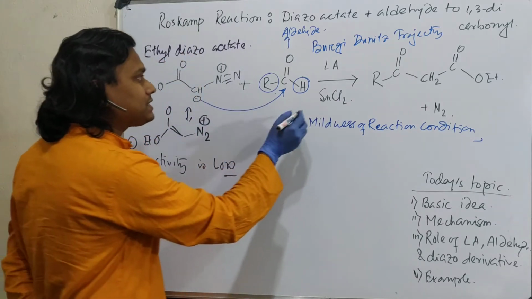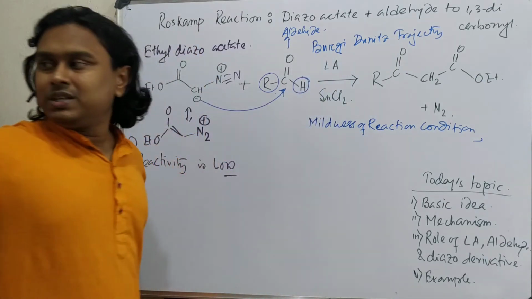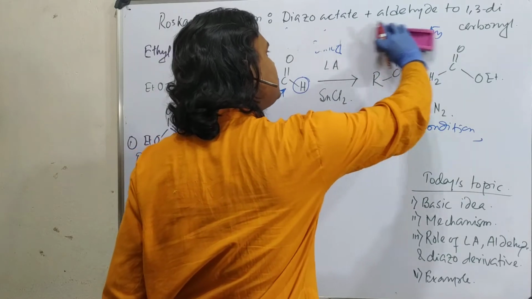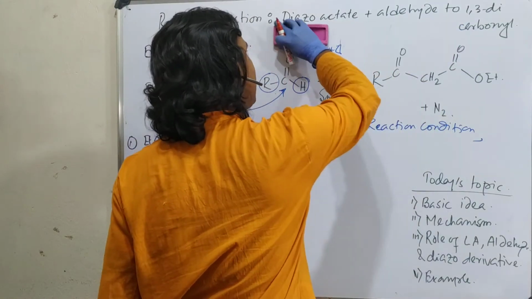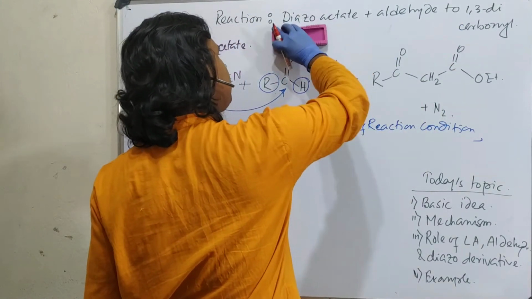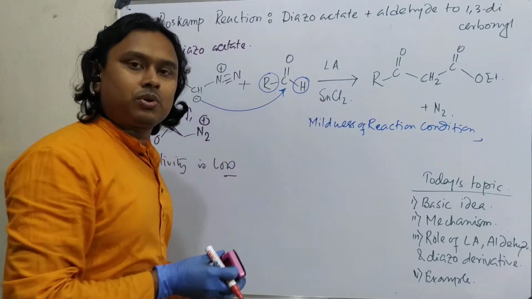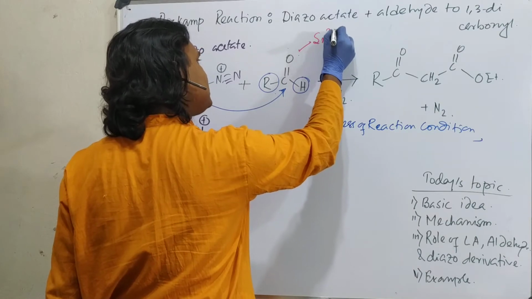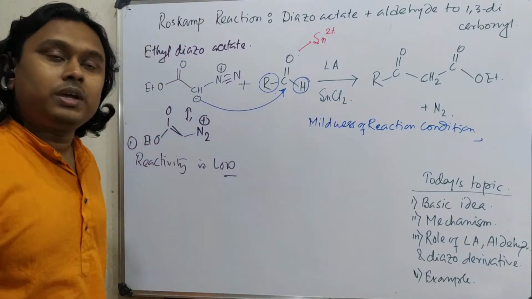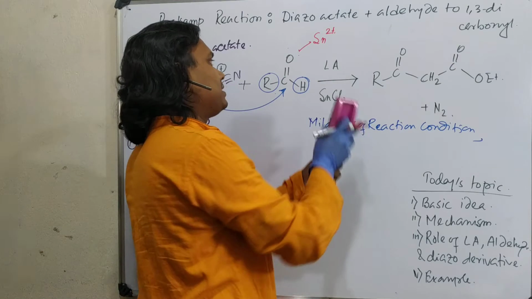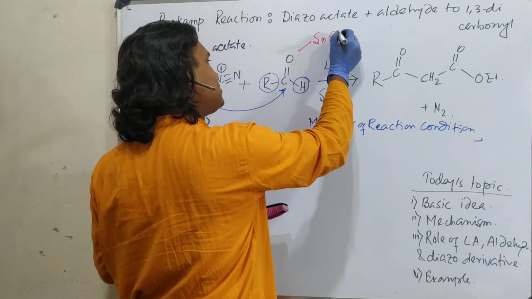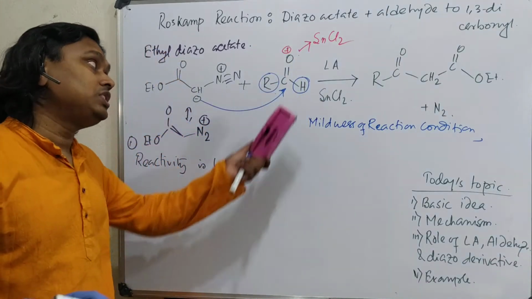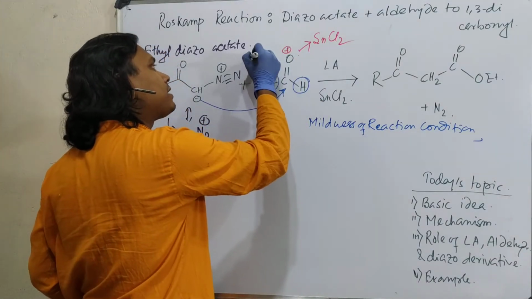Second, a Lewis acid is used. What is the advantage of a Lewis acid? See, a Lewis acid forms an adduct with the carbonyl group. We know, for example, BF3, tin chloride, germanium chloride. In this case, as I told, tin chloride, so you may consider SnCl2 plus. You may be confused about why it would ionize in an organic medium. Fine. Now a formal positive charge comes here, so this becomes more active.